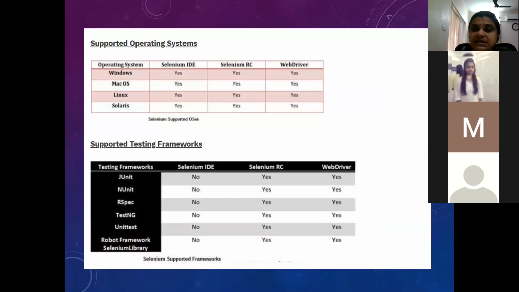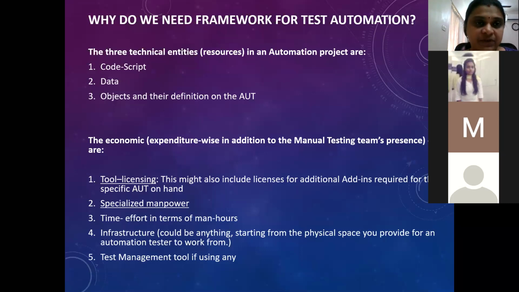Operating system, yes, Selenium can be run on different operating systems. And if you see these test frameworks, we have JUnit, NUnit. I'm not considering any testing framework here. This is optional. A framework combines all these test suites at a higher level to have a complete automated framework. All that is optional. If you are trying to have only a very small automated setup in place, then you don't have to worry about a framework. We'll not see all this now.